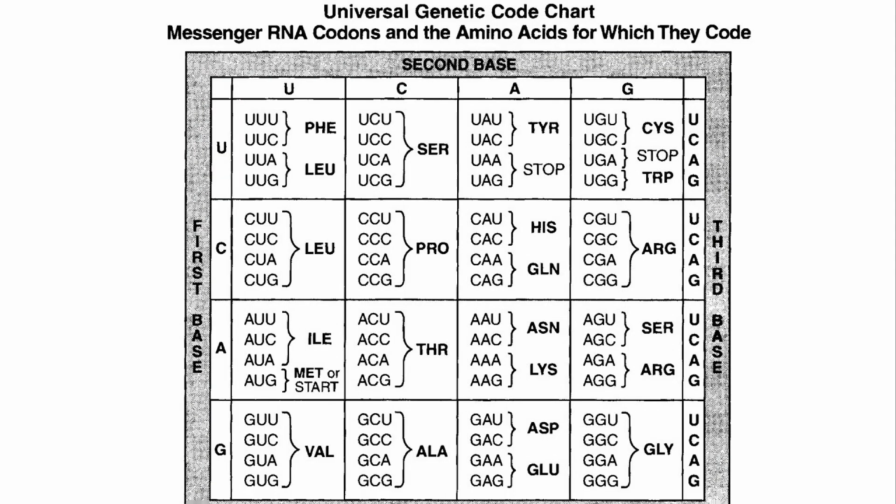Let's figure out how to use this codon chart. For every codon, like I said before, there are 3 letters. The first letter you find on the left side of the diagram. The second letter you find on the top of the diagram. Then you want to take the third letter and find it on the right side of the diagram. Take all 3 letters, figure out where the 3 boxes meet, and then you'll know which specific amino acid is